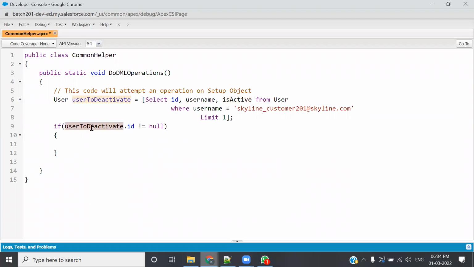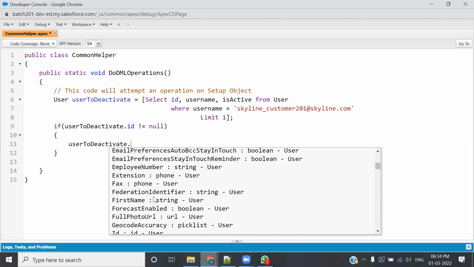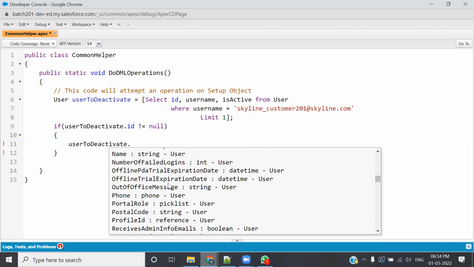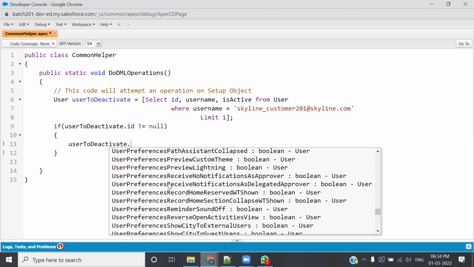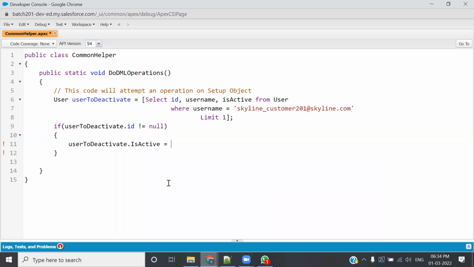तो व्हाट आई एम गोइंग टू डू ओवर हियर, यूजर टू डीएक्टिवेट, देखो यूजर टू डीएक्टिवेट डॉट सी, ये सारी फील्ड्स हैं यूजर ऑब्जेक्ट की, देखो इज एक्टिवेशन से ये सारी फील्ड्स आ रही हैं, राइट। आई वांटेड टू टेक इज एक्टिव, ठीक है, इट्स अ बूलियन, इक्वल्स टू फॉल्स, आई एम मेकिंग इट फॉल्स, ठीक है।